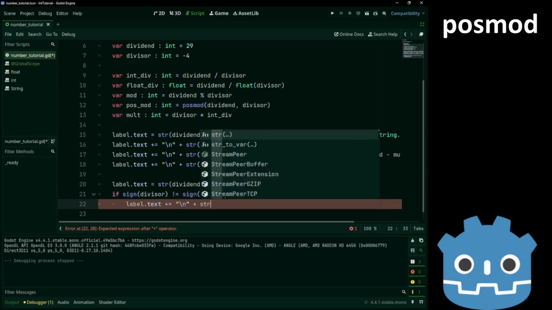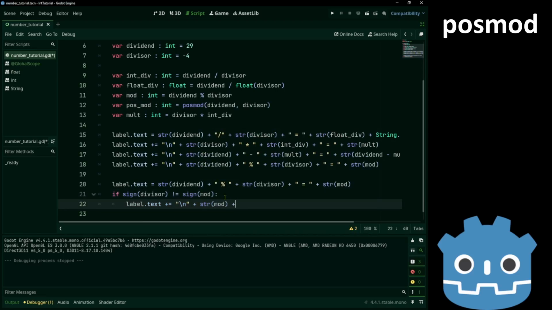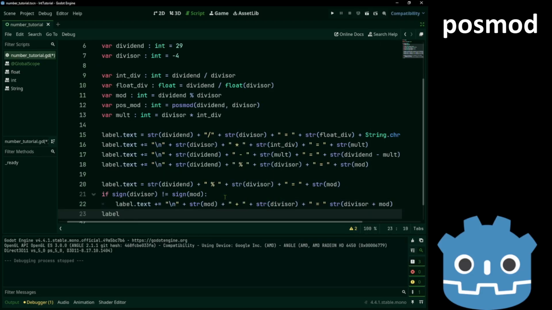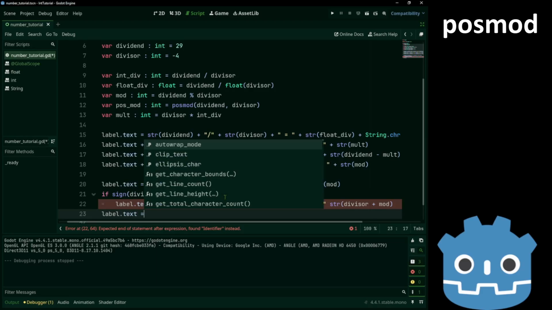So str mod plus the divisor. And finally we also show the result of posmod.